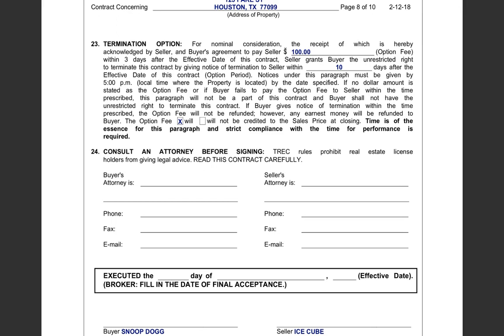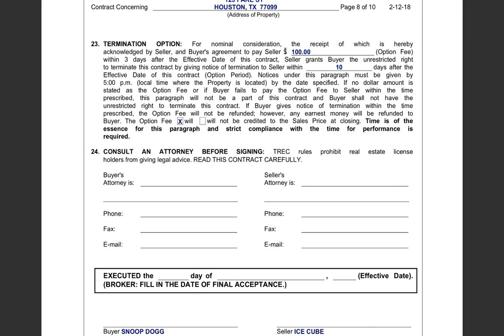During that 10 days, once the buyer has that inspection done and he finds that information out, then the buyer can just simply cancel the contract and he'll get his earnest money refunded back to him. So in this situation, it would be $2,500 in this specific situation because there was $2,500 in earnest money. So that really grants you the unrestricted right to terminate the contract, and that's for any reason. It doesn't have to necessarily be for the inspections. You could merely just have a change of heart, if you're the buyer,